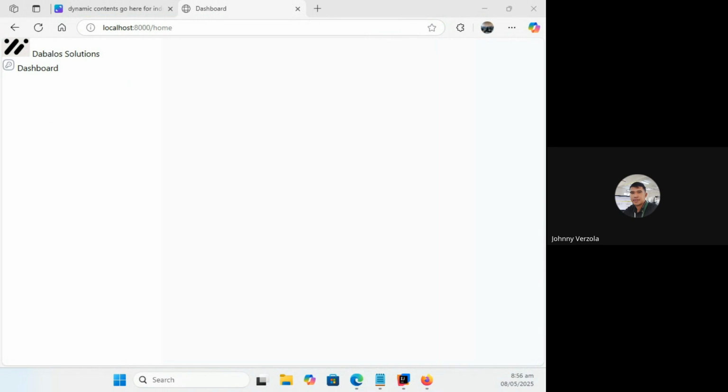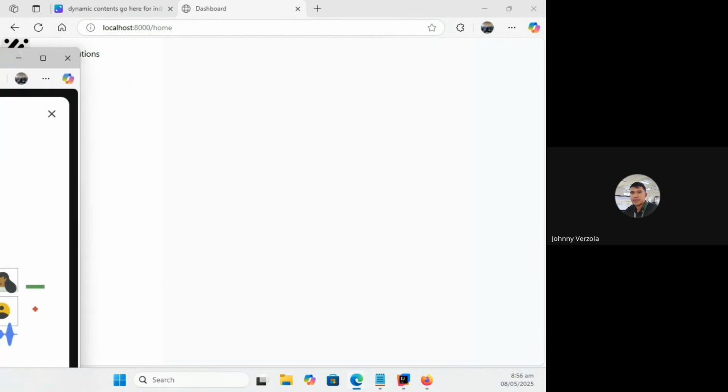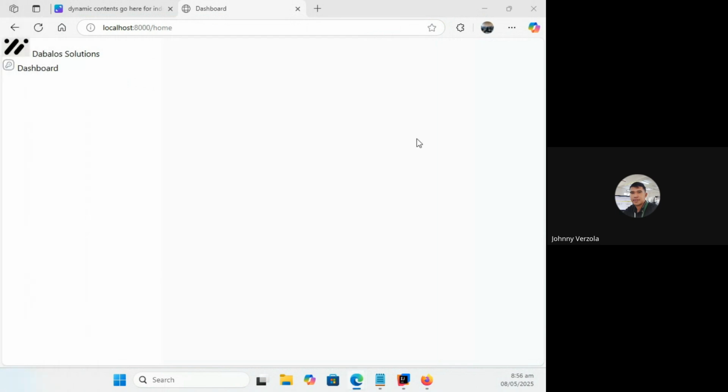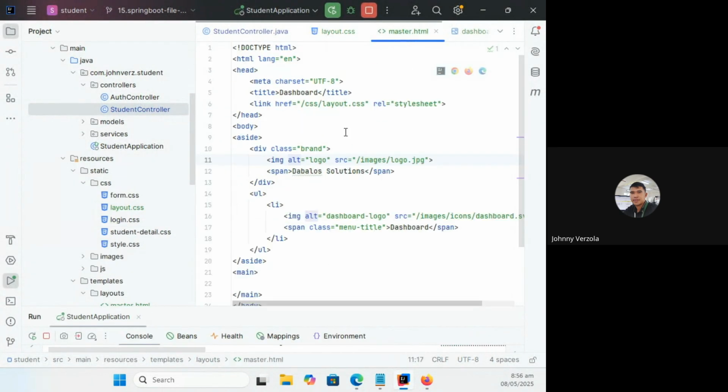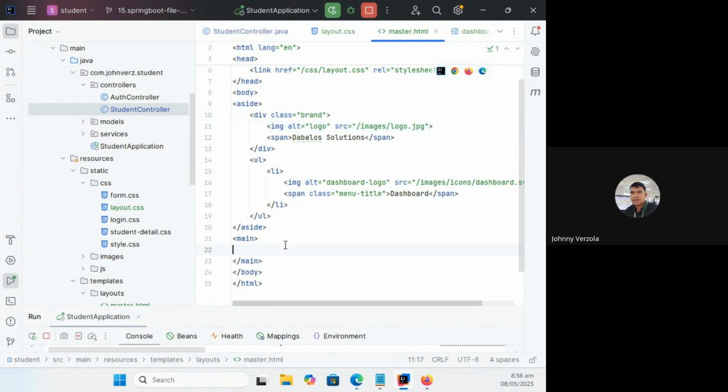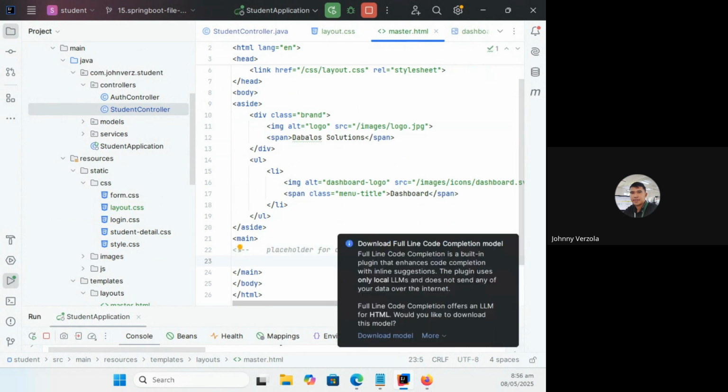So I will edit the master HTML and I'm going to place a placeholder for content here. So how do we do that?